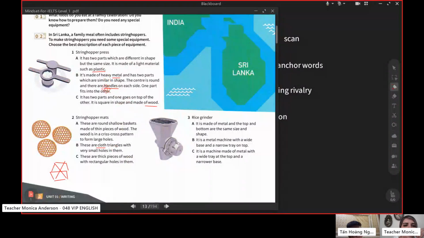They are handles, of course. So there are some handles, and of course they're parts of